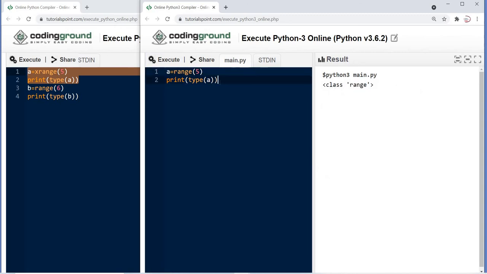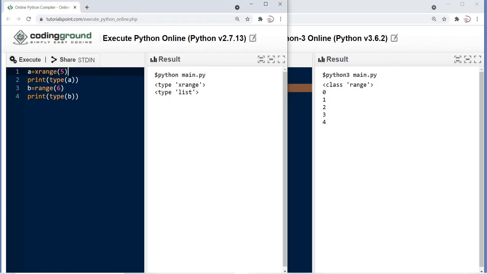Now if we want to print i in a, we get 0 1 2 3, and the same thing will print in Python 2.